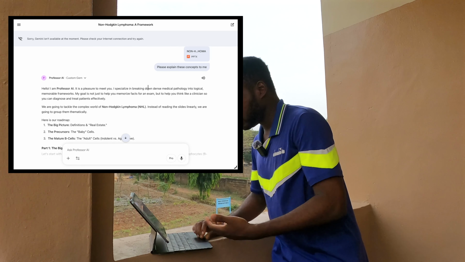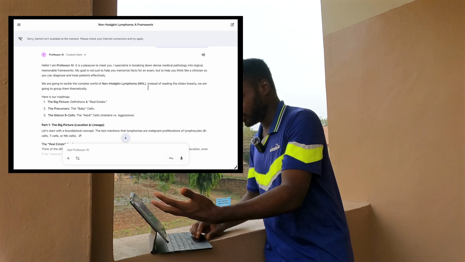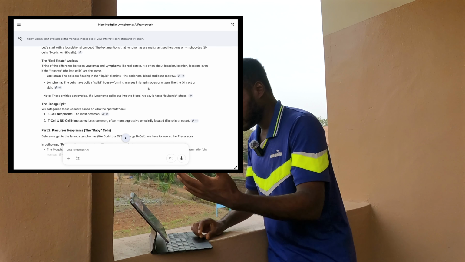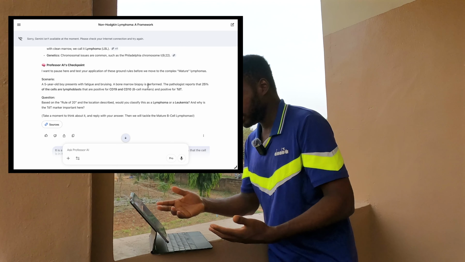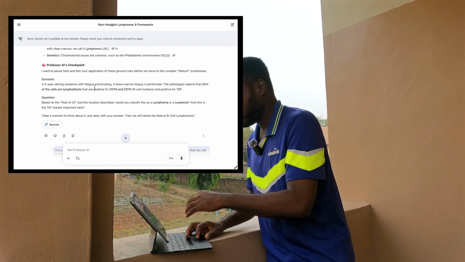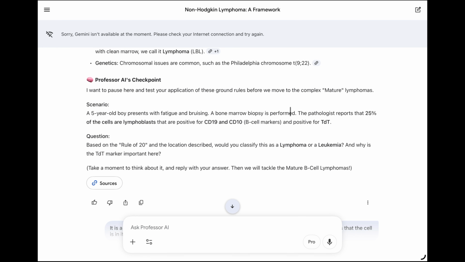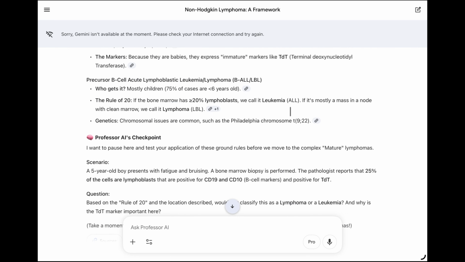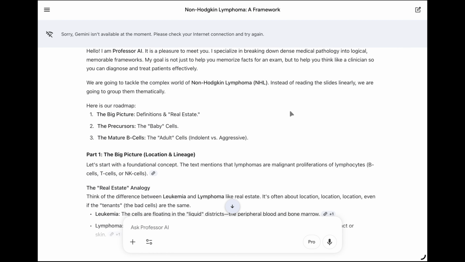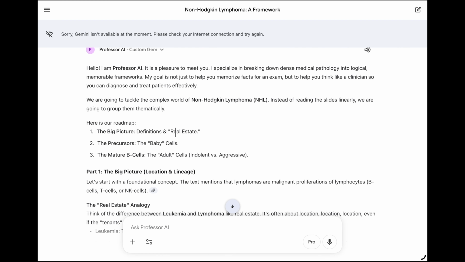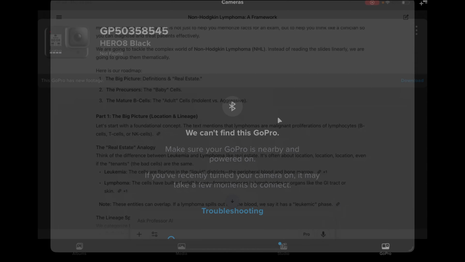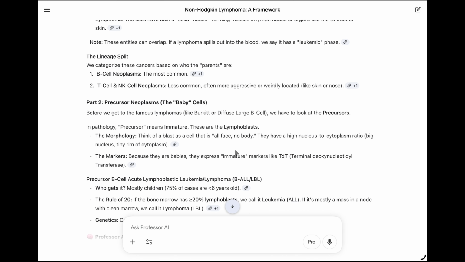So I put in hotkeys to the format. Look at it, it's introducing itself to me. Slow this down later when you want. It gives me a case scenario. A 5-year-old boy presents with fatigue and bruising. Bone marrow biopsy is performed. This is a case scenario, but let me tell you what happened before that. It breaks down the topic for me. This is our roadmap. The big picture is the definition, the precursors, the baby cells, the mature B cells, the adult cells. You can work on this, look through this,